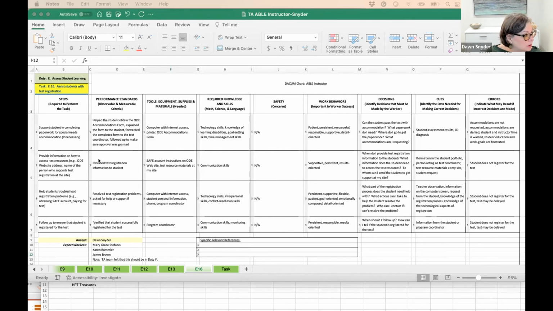So these 2 boxes up here link this task analysis to the duty, to the job of an adult basic literacy education instructor, and then the task. And you notice there's a number and a letter. Any job can have up to 125 different tasks associated with it. So this is completely consistent with what you've just learned. The template is organized differently.